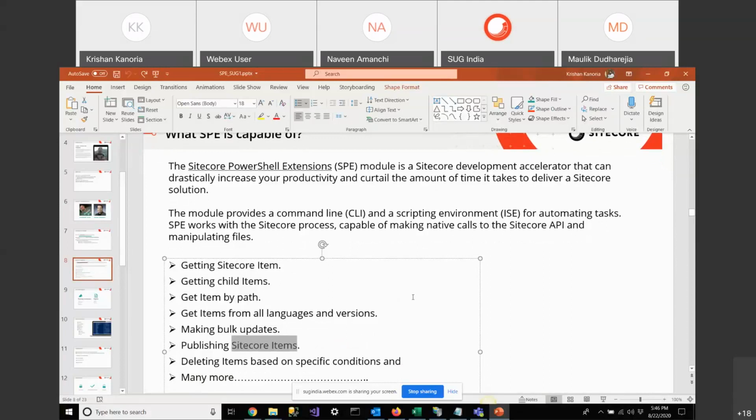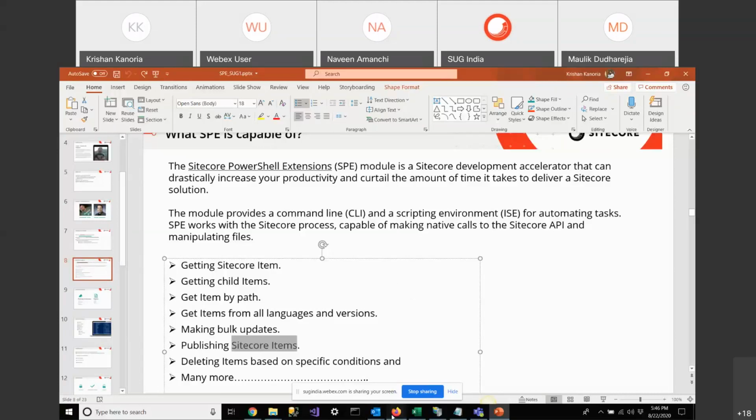Once we are familiar with the basic commands and commandlets, it is very easy to create new PowerShell scripts. So in this session, our main motive is to become familiar with the basic commandlets and functions and how we can create lengthy scripts. This is what we will mainly be covering in this session.